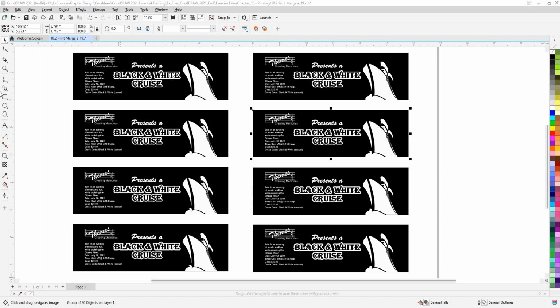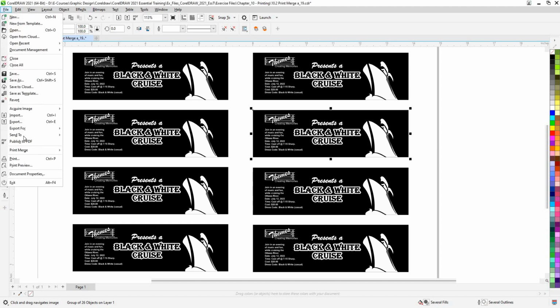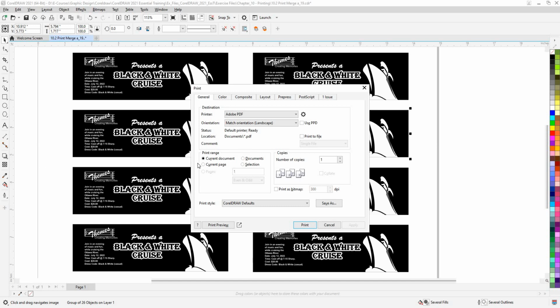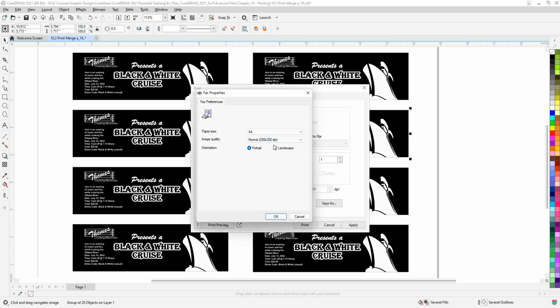From the File menu, going down to Print, I want to make sure I selected a device that's a non-PostScript device. Now my fax uses a non-PostScript printer, so I'm going to change this to my fax. Here we have the ability to access the actual properties for the driver itself. I can set the page orientation